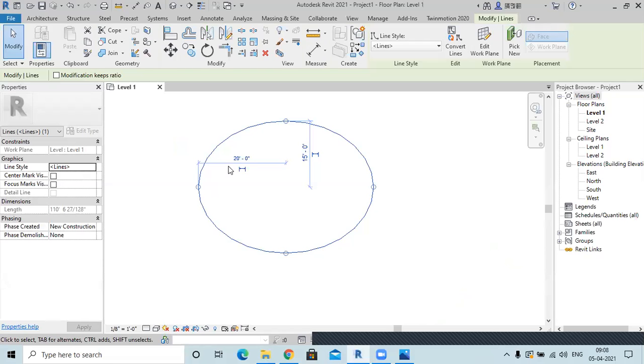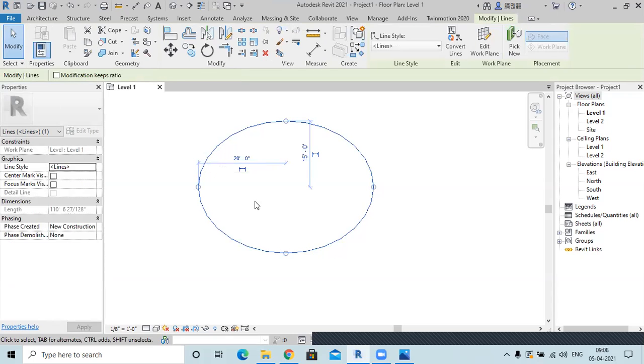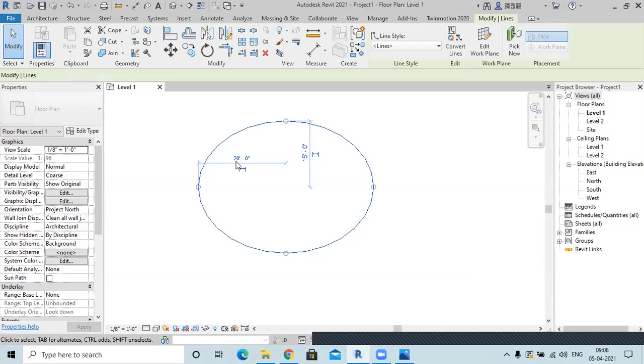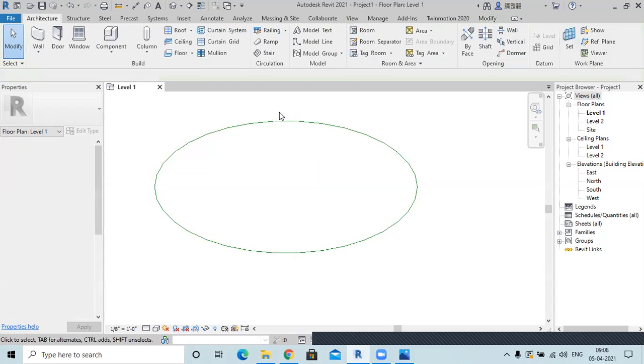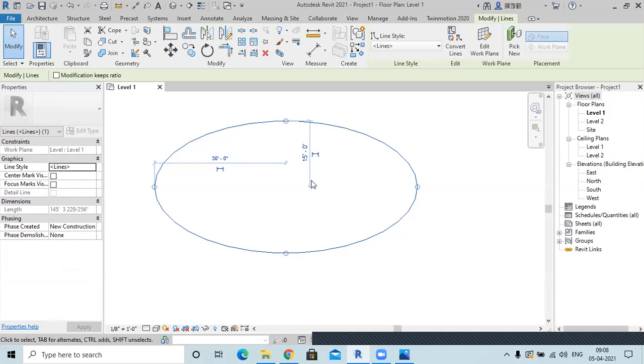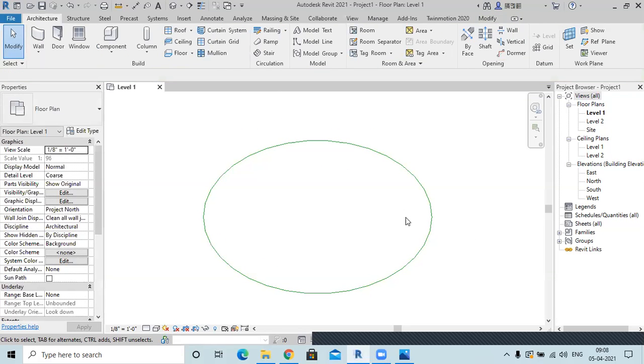Okay. Every time you create an element, you can change its direction and dimension directly. For example, now I remember that I had to make a 30 feet horizontal radius ellipse, but I have made a 20 feet one. What I can do is click on this. You can edit it from here, write 30, press enter, and automatically it will extend to that 30 feet. Okay. So this is how you can edit things even after you have created them. You don't have to delete it and draw it again. Okay. So I hope you understood this ellipse.